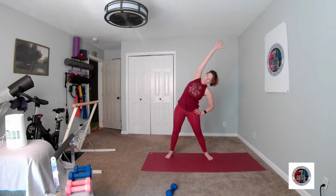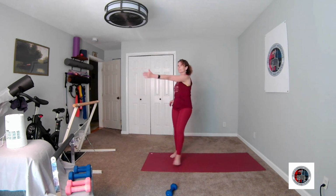Next, we're going to take that arm up and over again, and then switch right to the other side. Nice big deep breaths in and out with this. Then up and over, and then again take the foot forward and across. Maybe a little bit faster if you are ready, so that you can be fully warmed up. I'm shooting my arms directly in front, and then come to a stop, into a squat, and get ready to